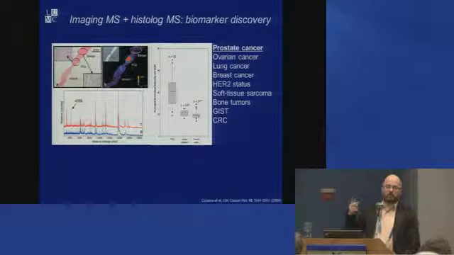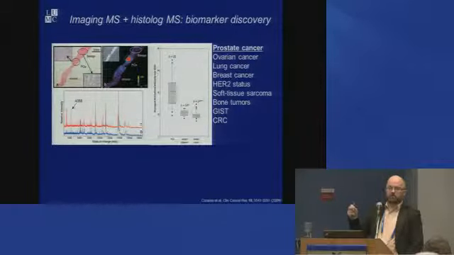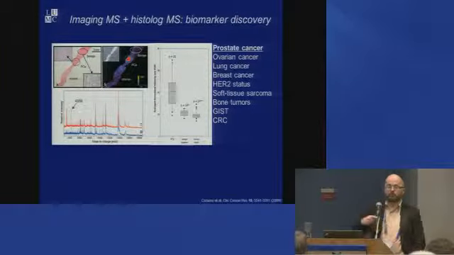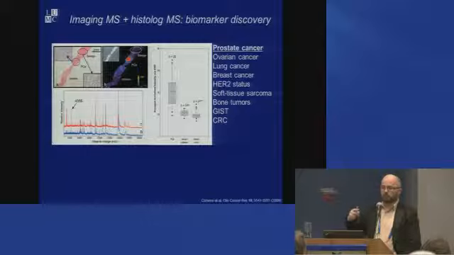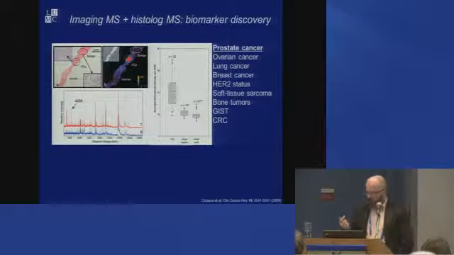and you can just compare the relative intensities of each of these peaks and look for peaks which are at much higher intensities in the tumor. And here we see one here, and then we can visualize this, and we can see that this is indeed localized in the tumor. We do this for very many tissue samples and perform different statistical tests, and we can basically identify biomarkers. And this has been performed for a very large number of tumors now. Here you see just a small number. And actually,